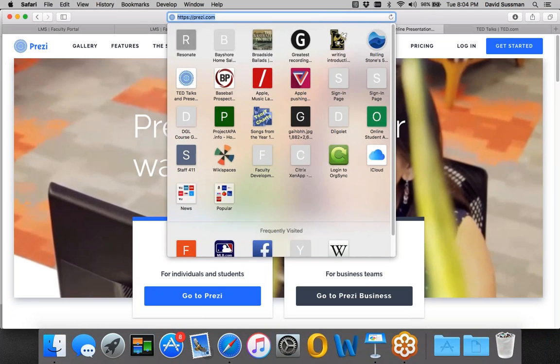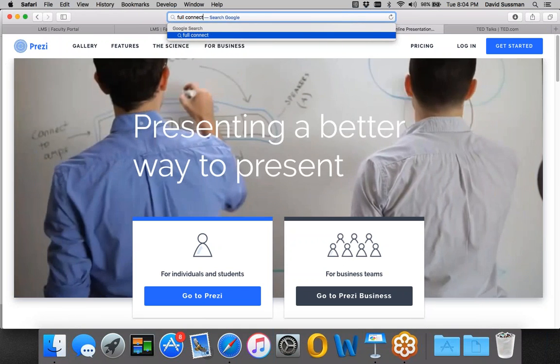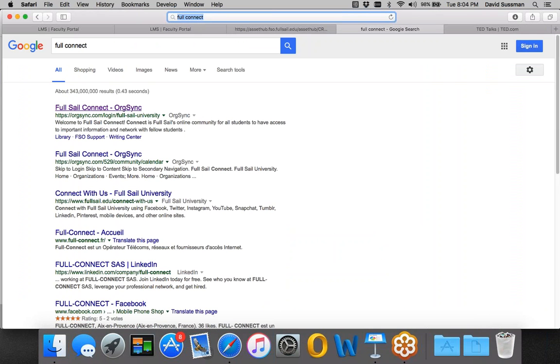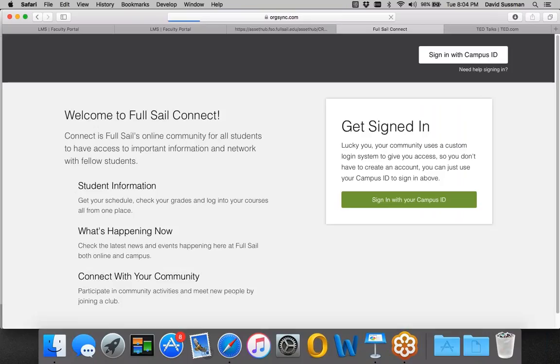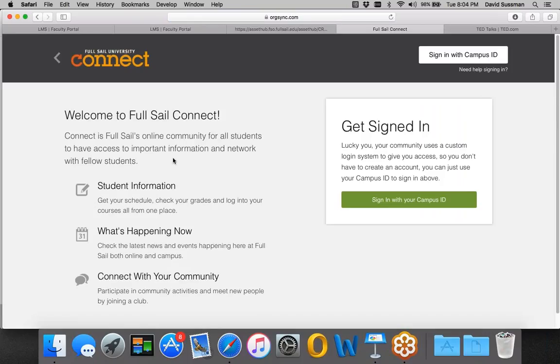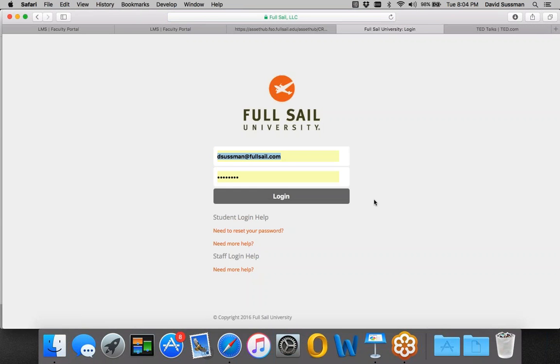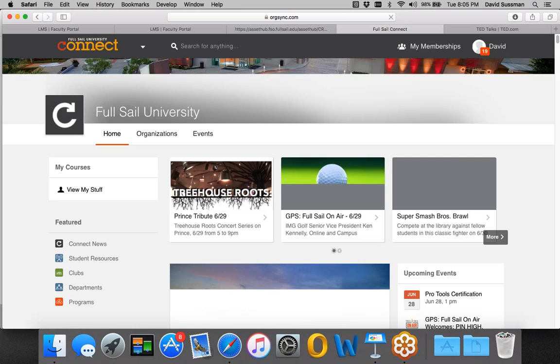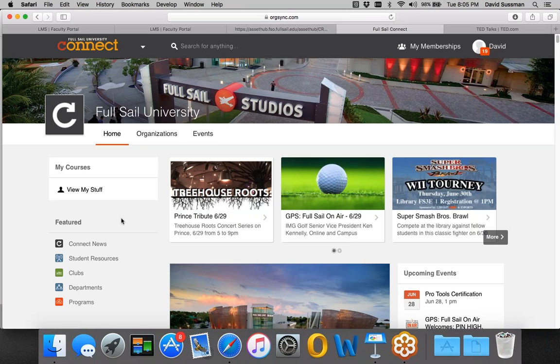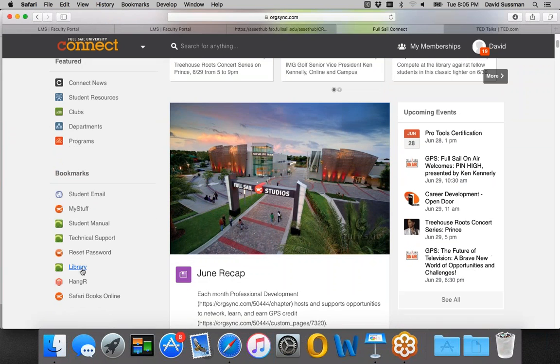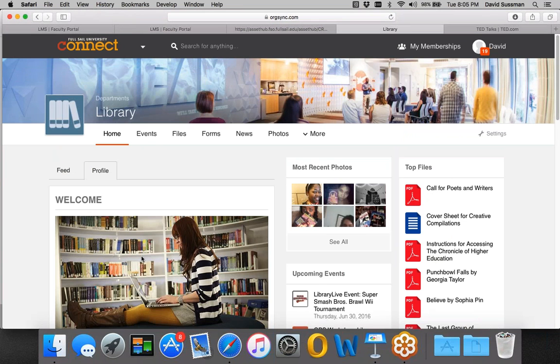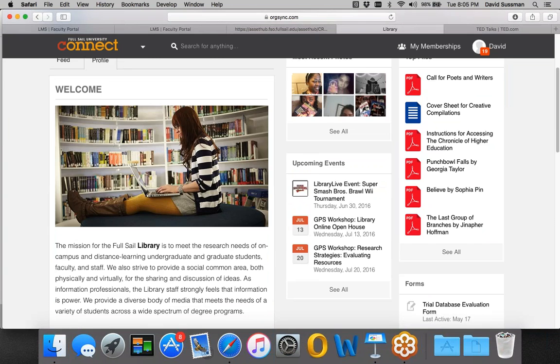Speaking of visuals, there are two places you should go to. I should bookmark this. I'm always typing Full Sail Connect. Do all of you, even though it's your first month here, know how to get to Full Sail Connect? You sign in, and once you're on the main page, if you go to the Full Sail Library, you have to sign in again. You can search for it under organizations or just scroll down to the left. And there's library. And if you click on research databases,